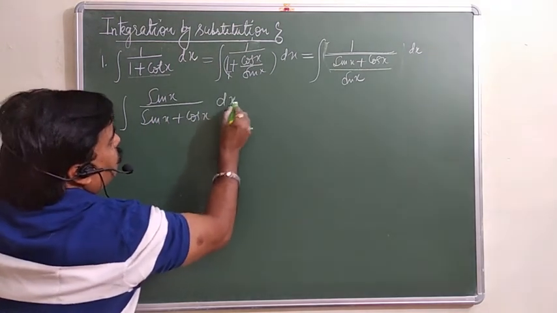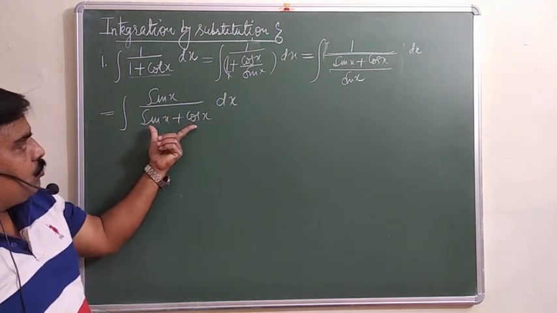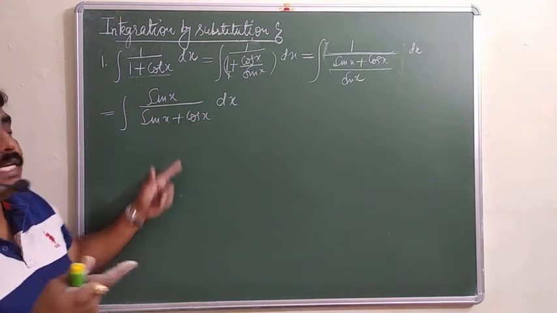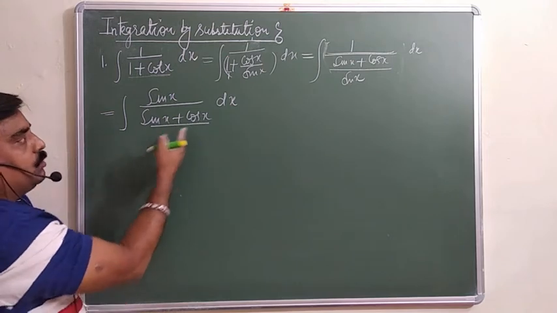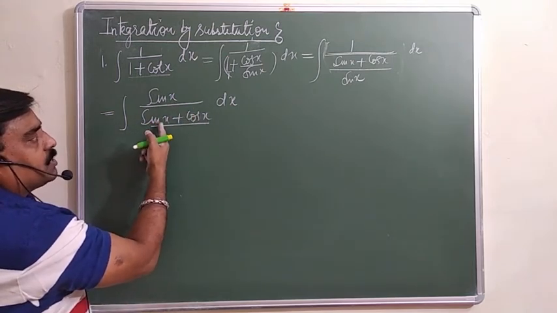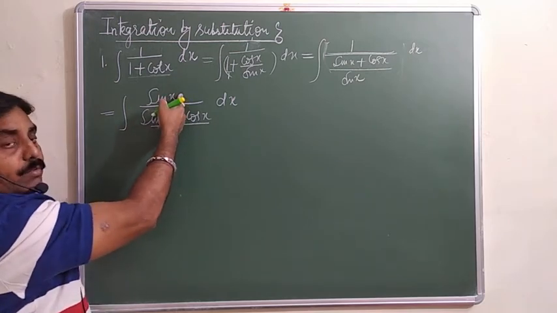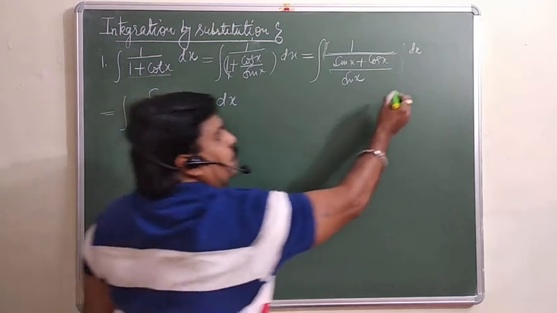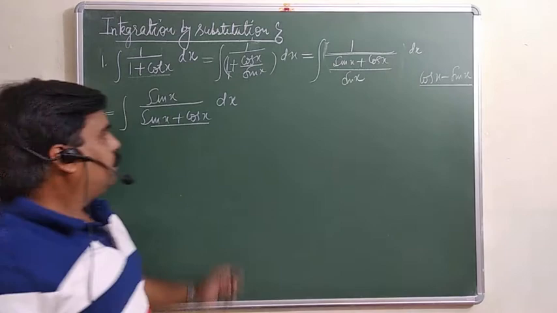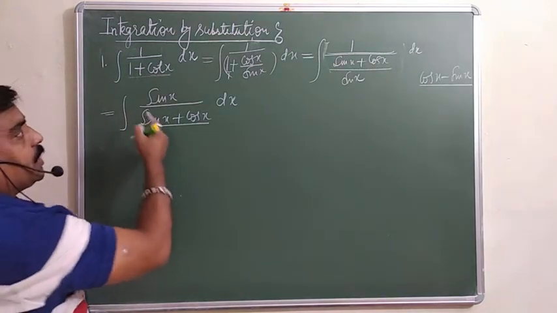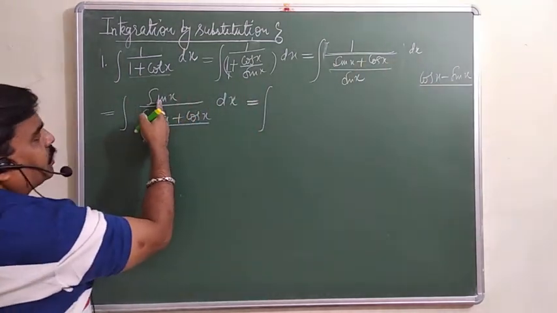See now, again the question is what we should assume, so its derivative should be there. If you are going to assume this one sin x plus cos x, how do we come to know what we should do now? So just take this number as an assumption. Its derivative will be cos x minus sin x. It means you need cos x minus sin x in the numerator. You need cos x minus sin x anyhow in the numerator, then only you can substitute. Now how will this come, see, you can do this one. You need this one anyhow. So this sin x is there.